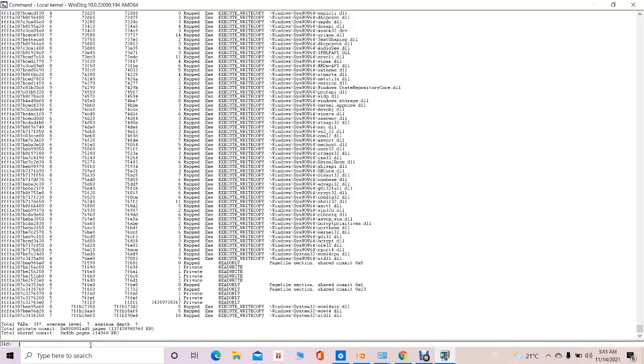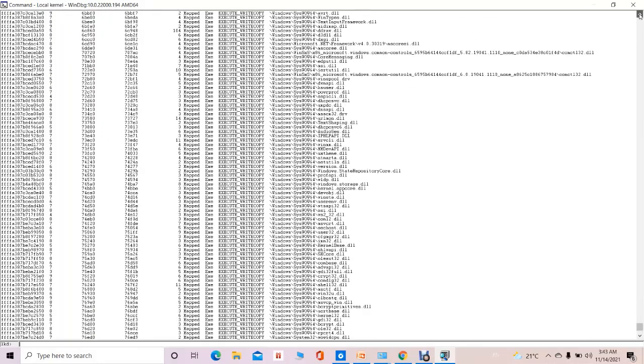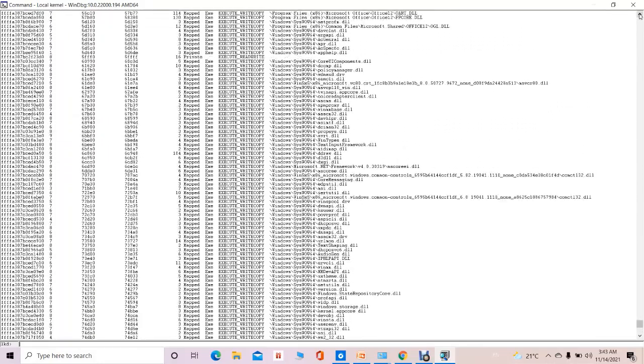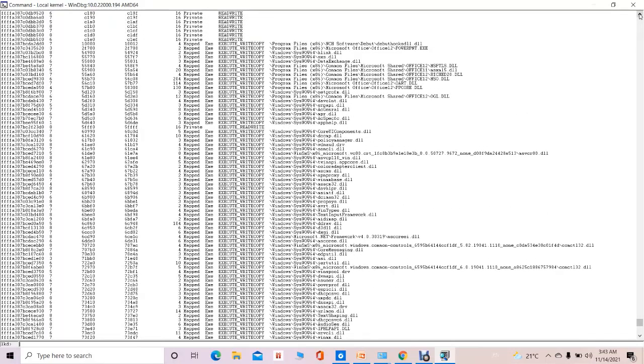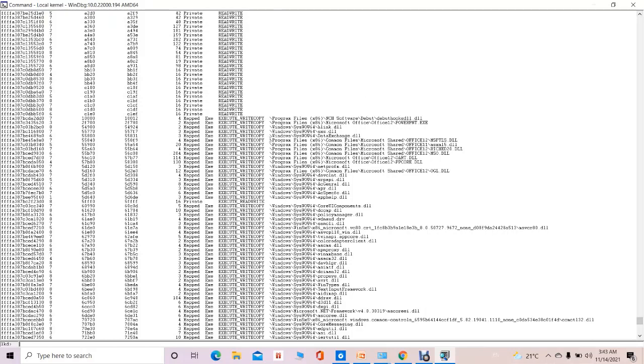We'll see for the PowerPoint.exe, that is an executable process, a portable executable file. Certainly the portable executable file is also a map file, and that map file is also required to be loaded into the volatile memory. For this PowerPoint.exe, this is a VAD tree structure.